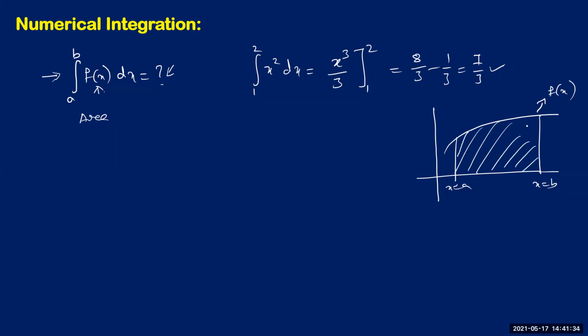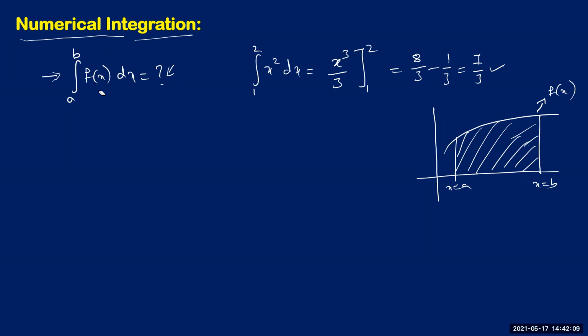We have done problems on this already, probably last semester. Here, we already know how to evaluate the area under a curve by evaluating this definite integral. Now again, why is numerical integration necessary? What might be the problem here? While evaluating these definite integrals, we consider several conditions: this function f of x must be continuous, well defined, and integrable, right? When you have all those things, you can easily integrate it.